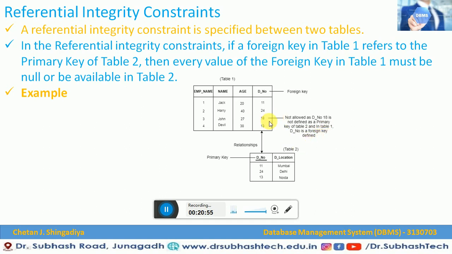So this is not allowed. These records are invalid according to the referential integrity constraint. We have to keep these things in mind while understanding it. So this is what referential integrity constraint is in the relational data model, which is specified between two tables with the help of foreign key and primary key concepts.